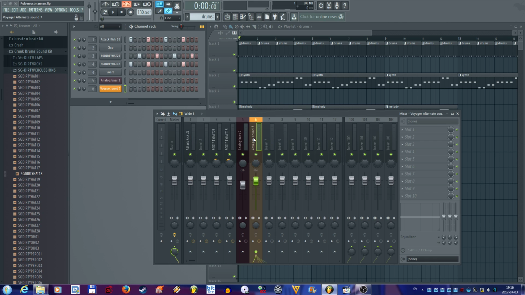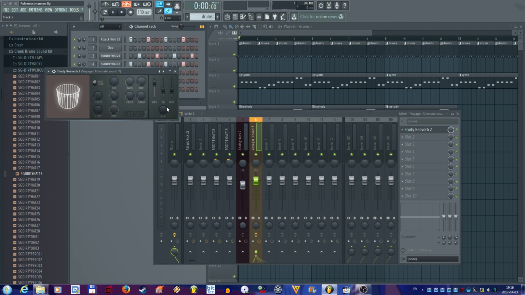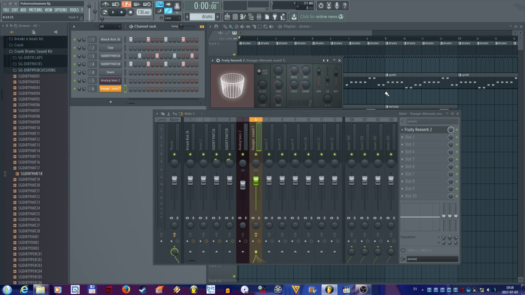So, for example, if you want to put a reverb on your synth here, you can make it by clicking the arrow here. And you can choose in your list here Fruity Reverb, for example. And you get this reverb plugin, and it will be bound to this channel sound rack. So you can make it a lot of reverb if you want. The decay, damp and wet are mostly the ones that are used with the reverb,